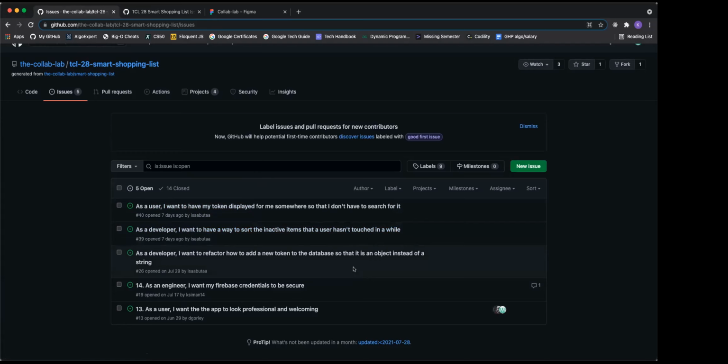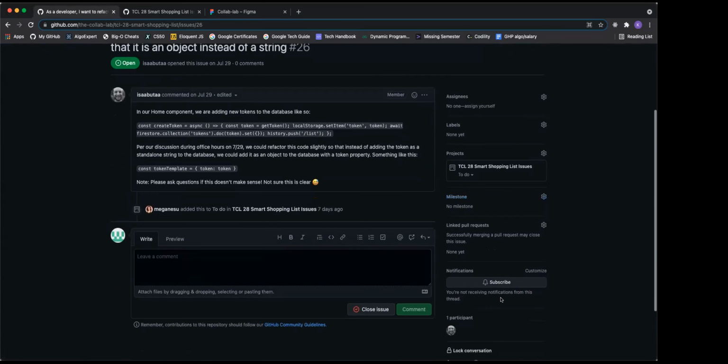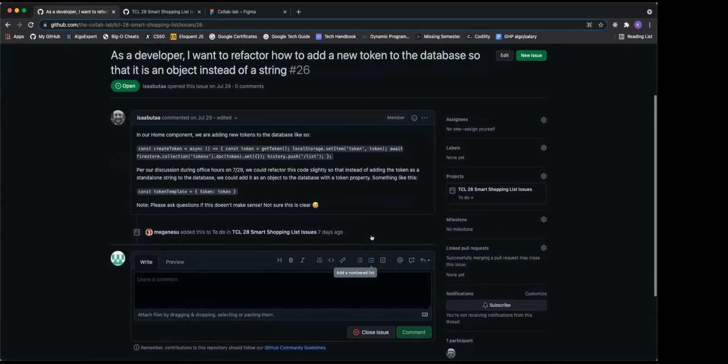And what about the next one? So that is an object instead of a string. Yeah, sorry, I don't know these issues. I didn't tell anyone about it. Yeah, no, I think right now the tokens in the database are not like an object and then token and then what the token is. It's just whatever. So if we want to do this, I think I created a branch and did that, but it's not something super important.